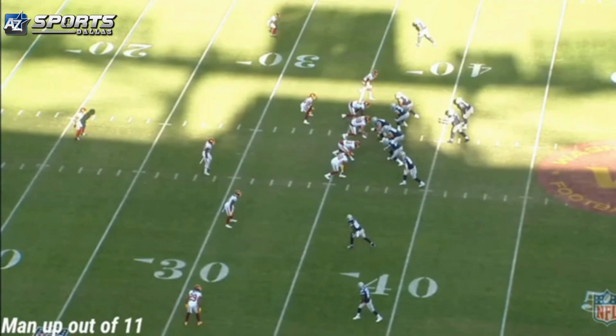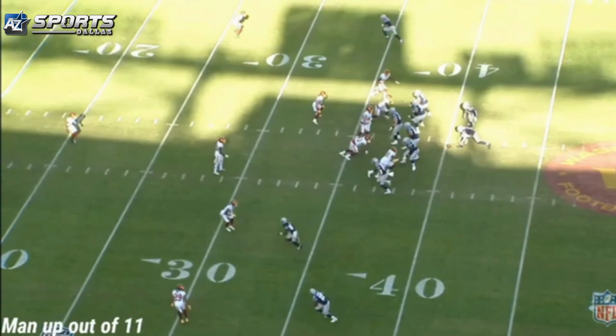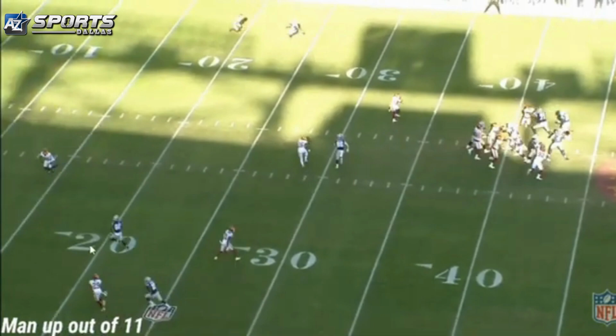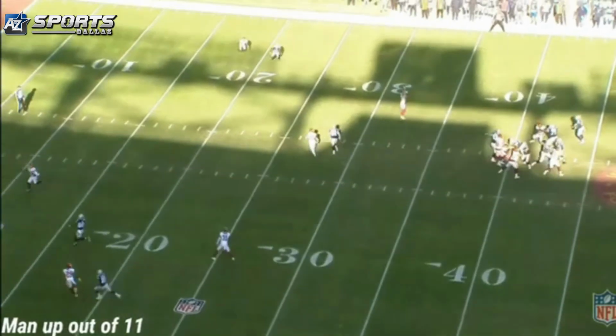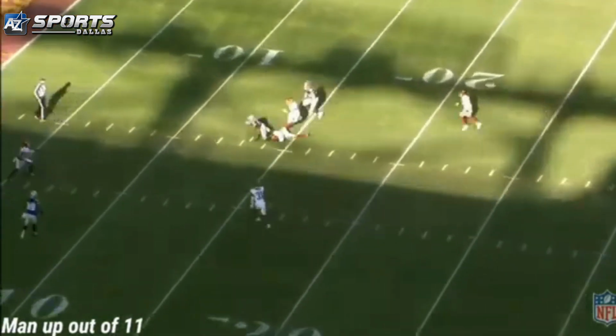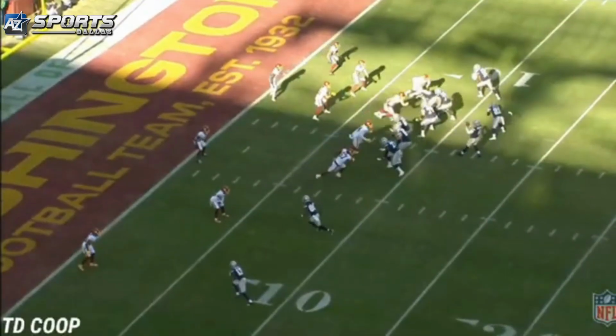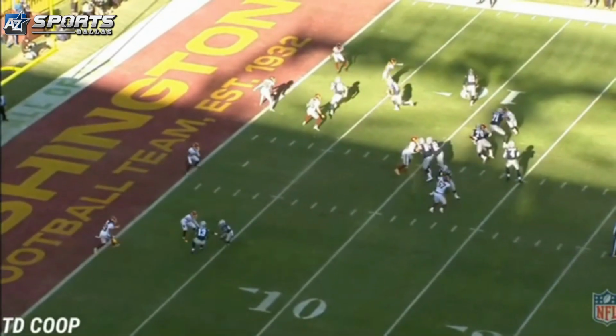This play I have man up out of 11 because this is the scenario that defenses face when there's 11 personnel. 3 wide receivers, they go 3 by 1 and basically create this one-on-one situation with Michael Gallup. Now, you're going to get an offsides, but nonetheless, it still shows why it's tough to defend this. Because what you have here is this safety immediately shading towards this side, because why wouldn't he? You got Cooper and you got Lamb over here. He's playing underneath in the zone. He's bailing, and he's coming back here to hang on CeeDee Lamb, which creates this entire open space, and Dak gets the ball to Michael Gallup for the big gain. This is what makes the offense tough when they can be consistent.